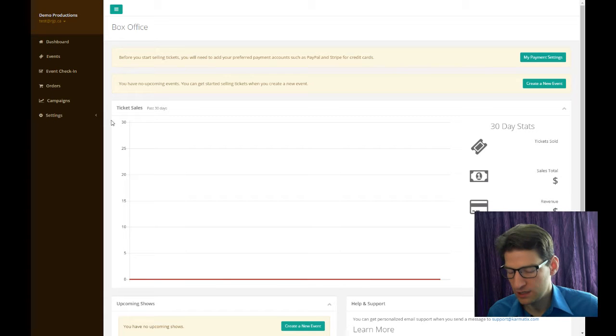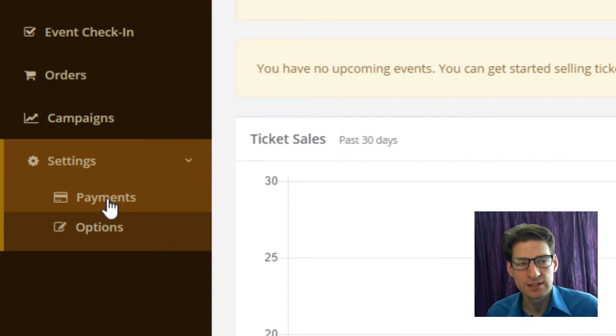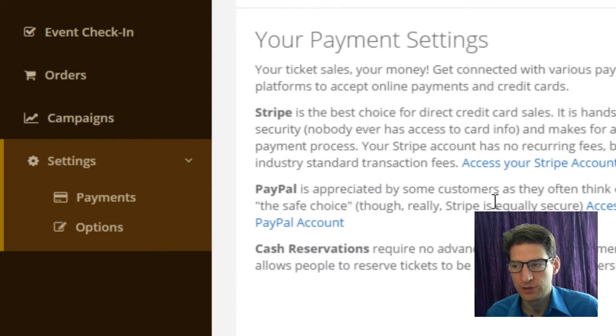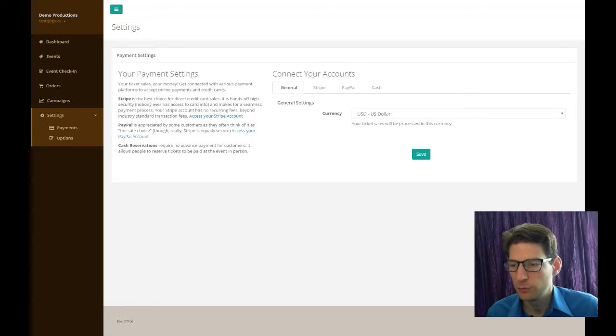If you have done it before, you would be able to go under settings and payments, and it'll take you to the same page. So let's just click on that, and that'll bring us to payment settings. So that's the whole page there. Has a little bit of information about the three options, which are Stripe payments. Stripe payments are used for credit cards, and it is the